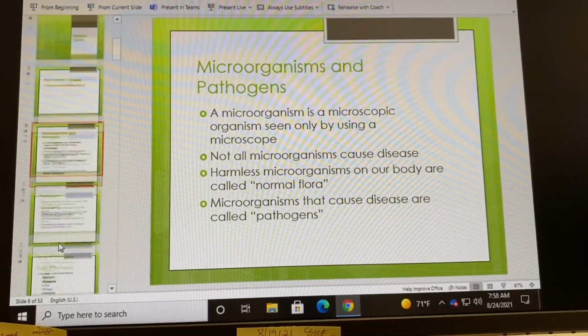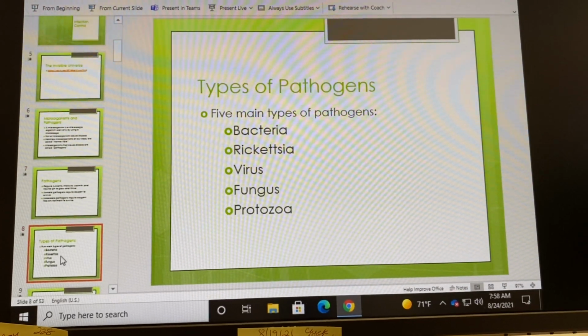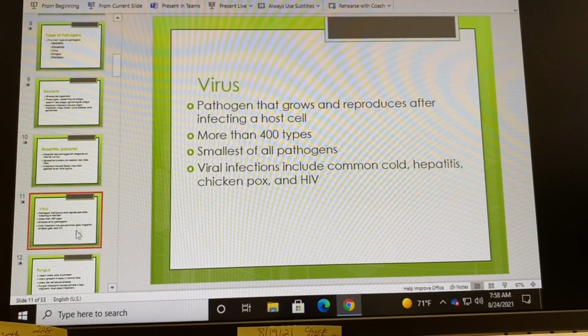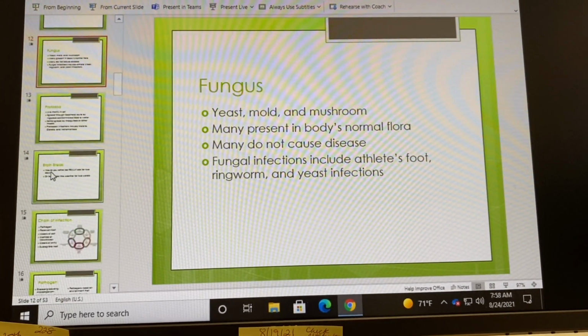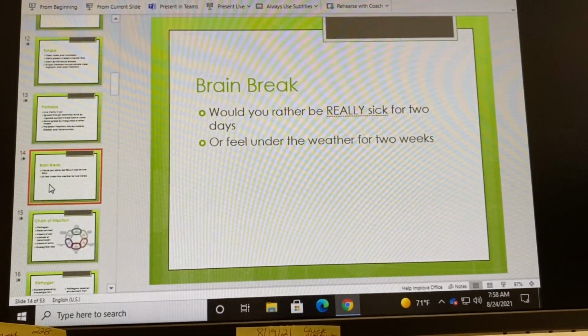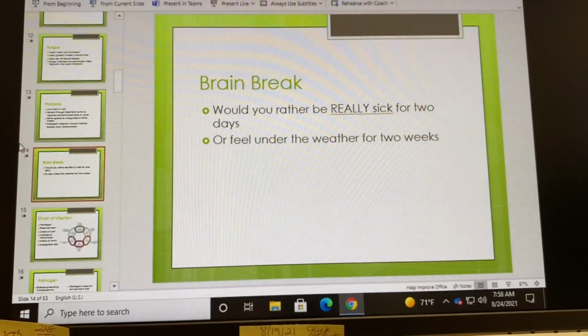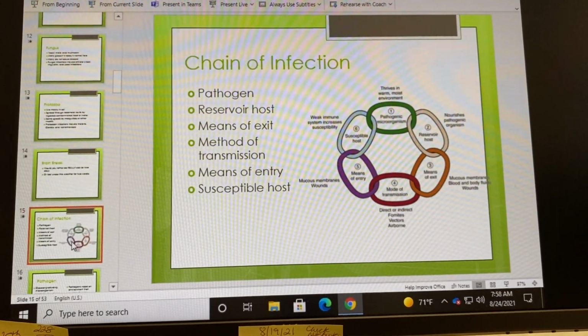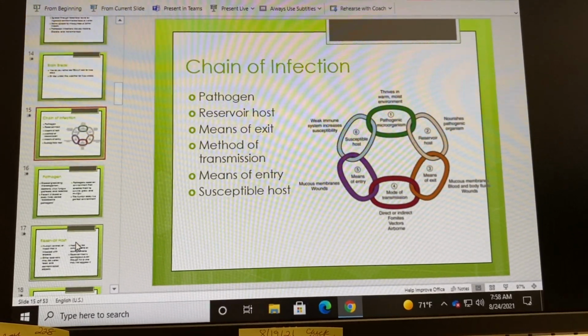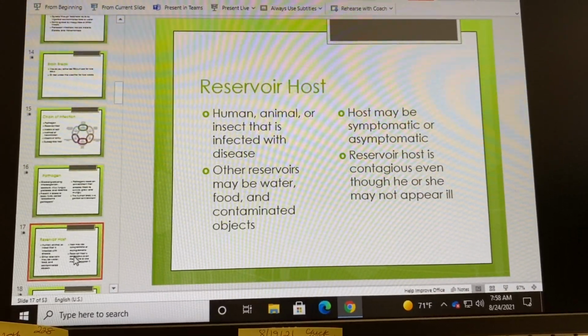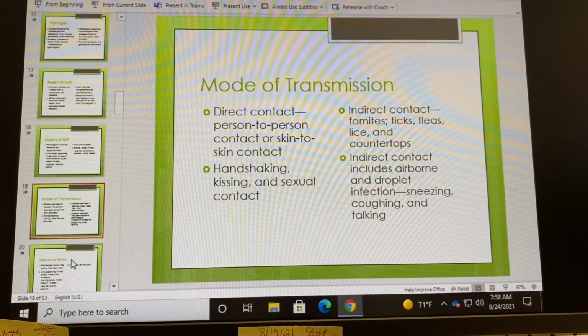And then just going through different information about microorganisms. There's a little brain break that's stuck in there. Then we'll talk about the chain of infection,